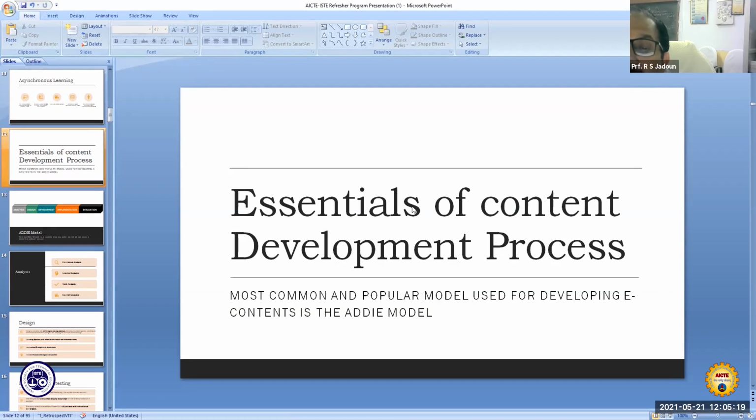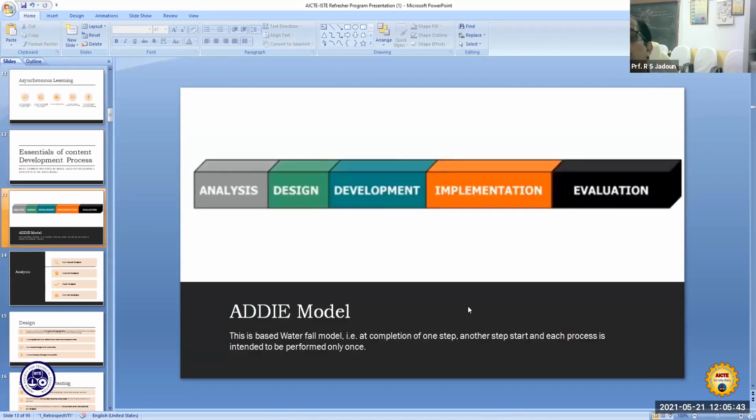So unless we understand how the content development process takes place, we will not be able to develop or create content appropriate for the need of the learner. The most common and popular model used for developing e-content is the ADDIE model.